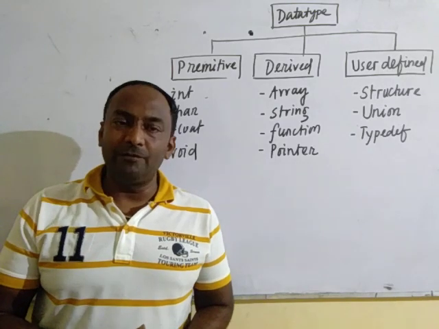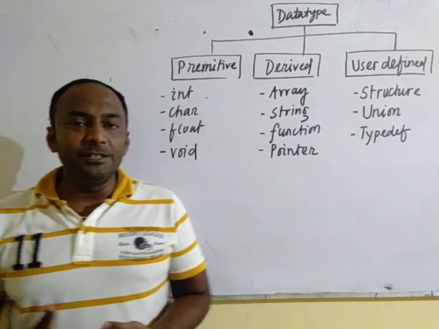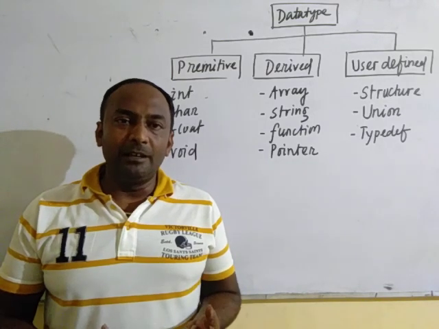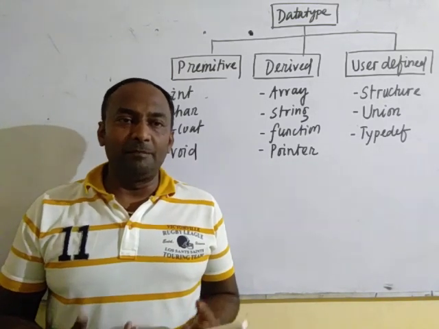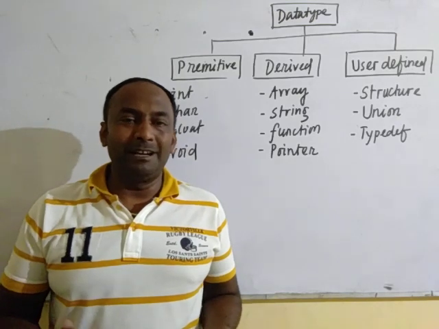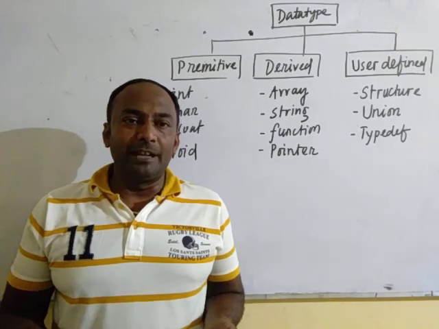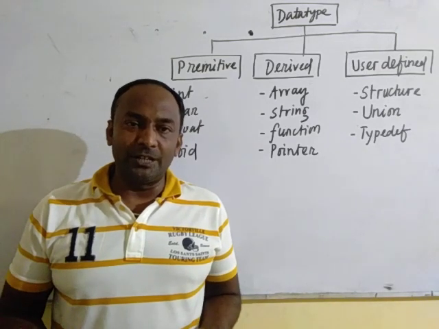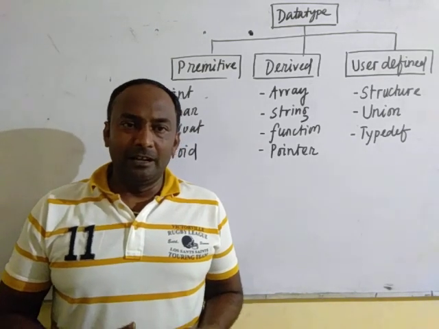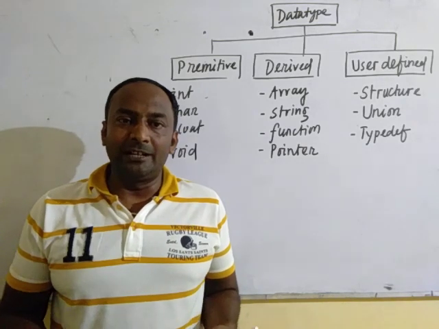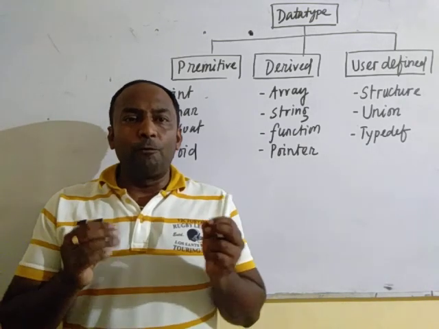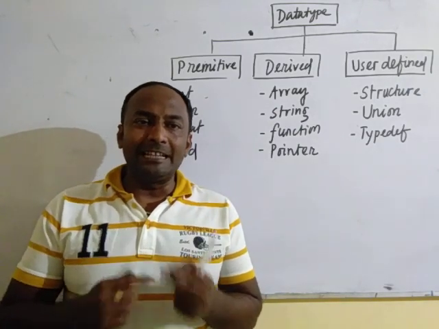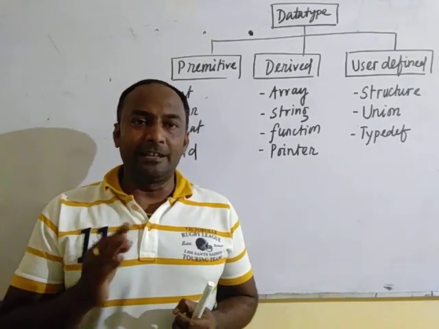The data may be of different types. It may be a character, it may be an integer, it may be a string, it may be a combination of characters, it may be a decimal number like 23.5, it may be an integer like 10, 20, -3, it may be your name, it may be my name, it may be your roll number which is a combination of different types of characters like alphabets and numbers, like IS 19009. So what type of data can a variable store? That is determined by data type.